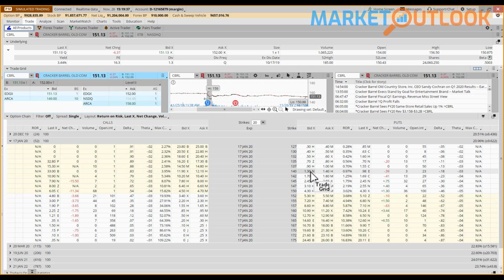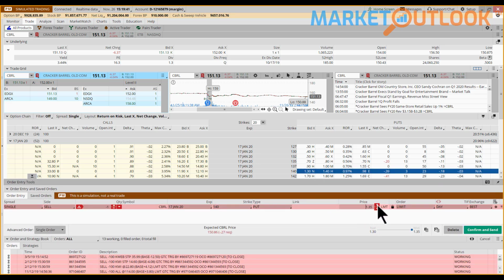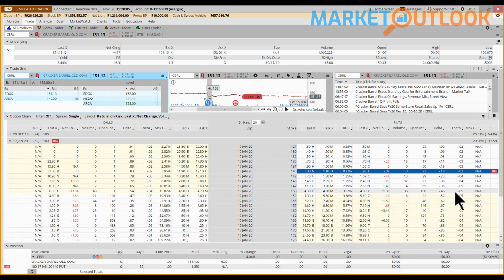So in order to place that trade, I'm just going to click on the bid price here. I am going to change this to 135. Again, that's the midpoint between the bid and the ask where it closed here today. So I'm going to try to get filled at 135 here. I'll go ahead and change this to a good till cancel order as well, just in case it doesn't get filled tomorrow. And I'm just going to do one contract here and click on confirm and send. There's $135 approximately that'll be coming into our account,